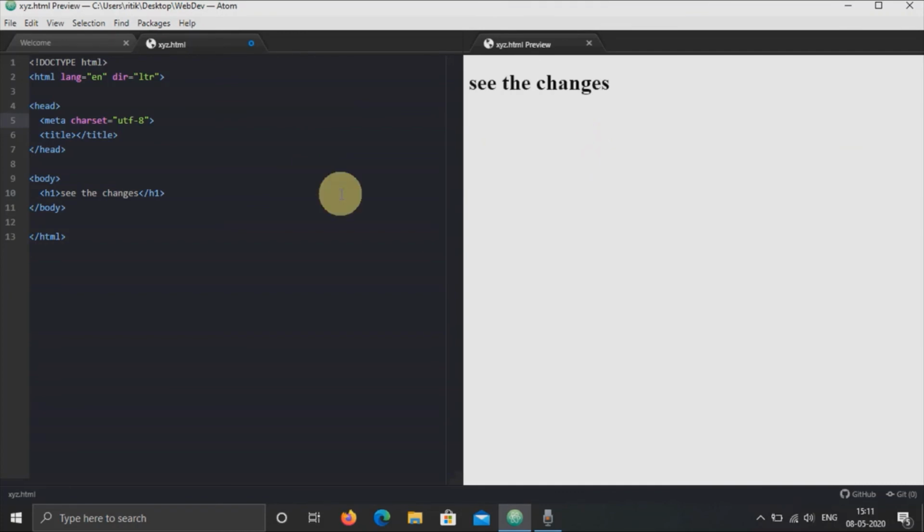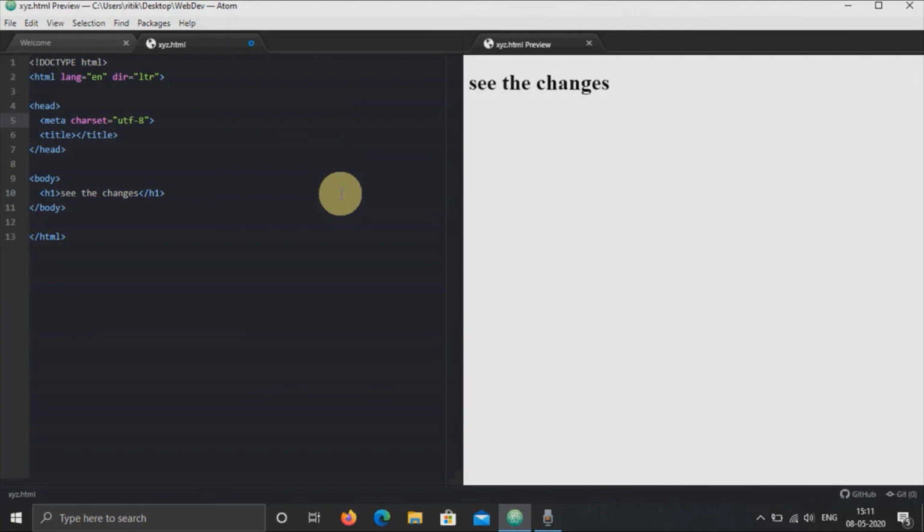Now another package that we have downloaded was Color Picker. You know that when you are going to style your web page using CSS, and you are going to choose a color, it is going to help you in that case. So I'm not going to show you how to use Color Picker as of now, but when we go to our CSS tutorials, I'll show you how to use it.